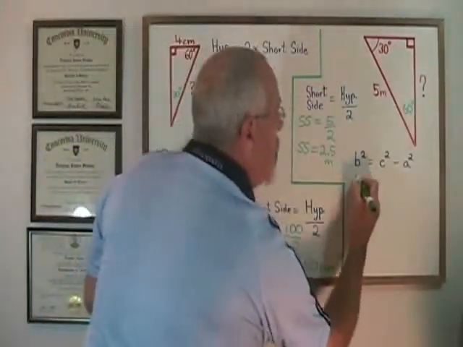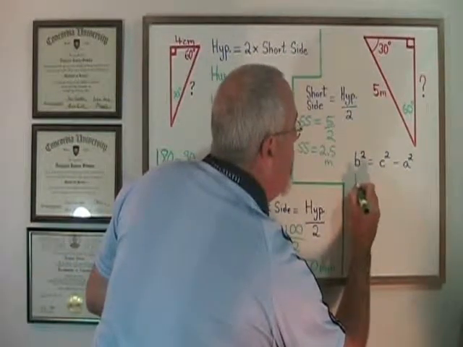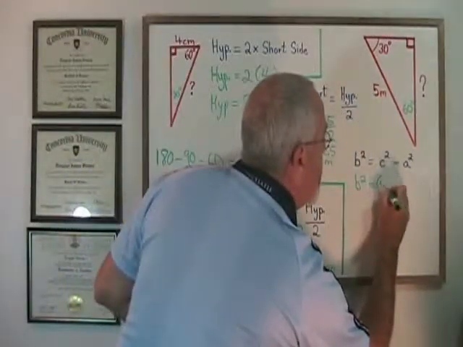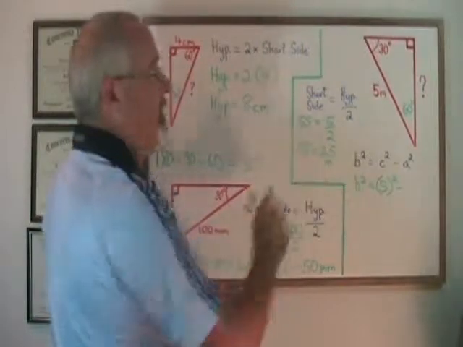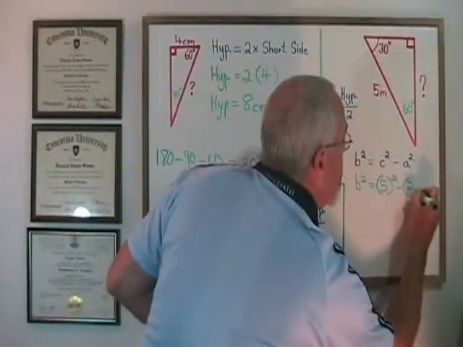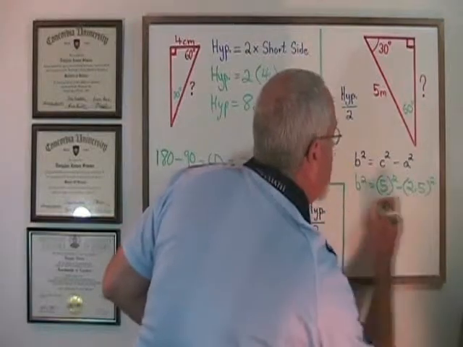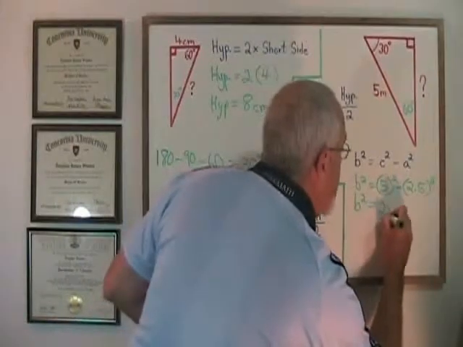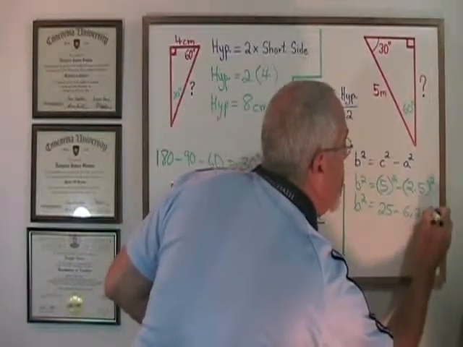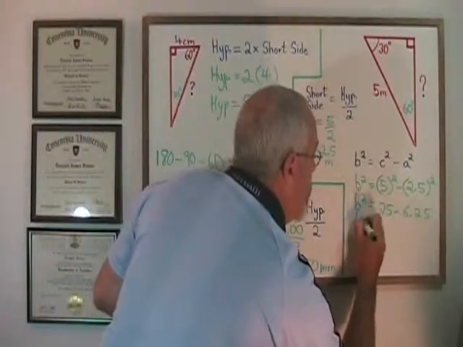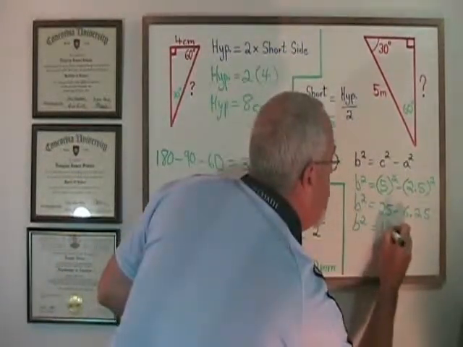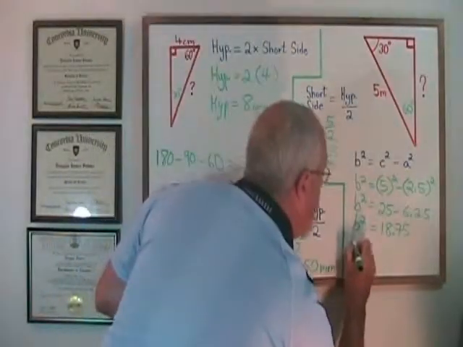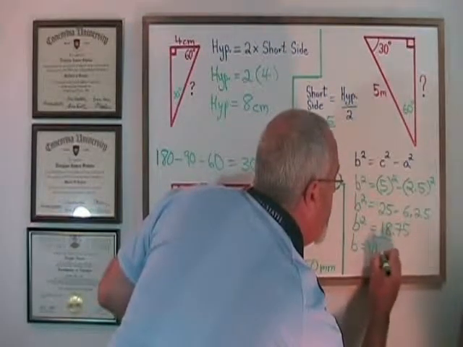The long leg squared, I will name that leg B, is equal to the hypotenuse squared, that's 5 squared, minus the short leg squared, that's 2.5 squared. B squared is therefore equal to 25 minus 6.25. B squared is equal to 18.75. Therefore, B, the length of the long leg, will be equal to the square root of 18.75